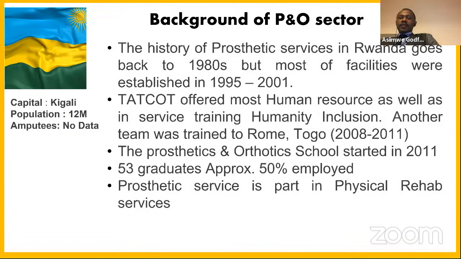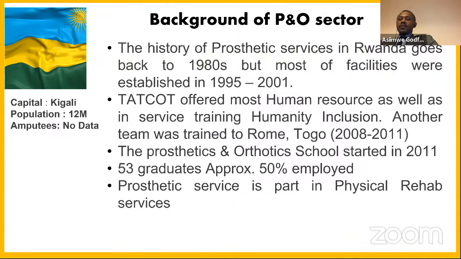So the history of the P&O sector in Rwanda, especially delivering prosthesis, takes us back to the 1980s. But most of the facilities were established in 1995, after the genocide against the Tutsi, and it goes until 2001. This was established by different NGOs, especially Humanity and Inclusion, which was Handicap International by then. So most of the staff were trained by the Tanzania Training College of Orthopedic Technologists, but some of them were also trained in Lome, Togo in the mid of 2008